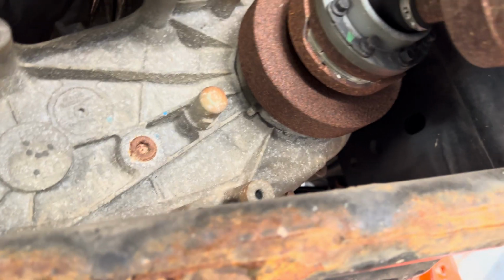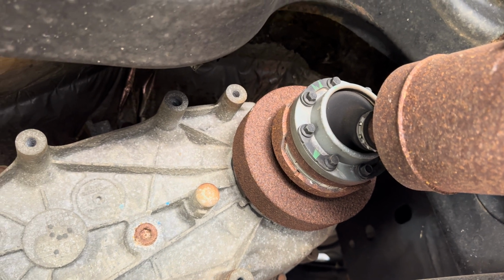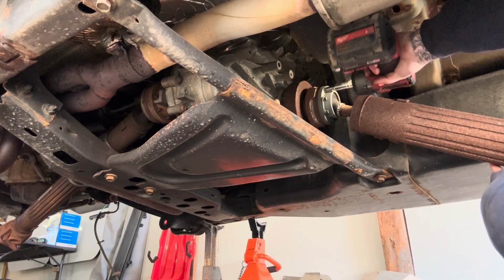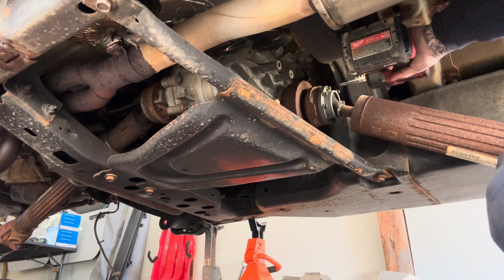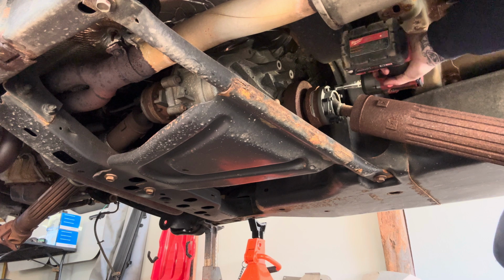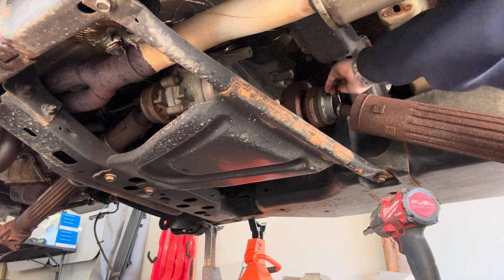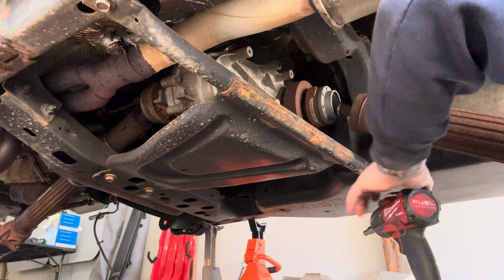transfer case side. I gotta take the front one off too, so I'll just show you the rear one, then I'm gonna zap the front one off too, that way I can just get them both done quick. So here's what it looks like. It's a bunch of 8 millimeter bolts. There's about 8 of them in the straps. There's the last one. I should be able to just pull this right off